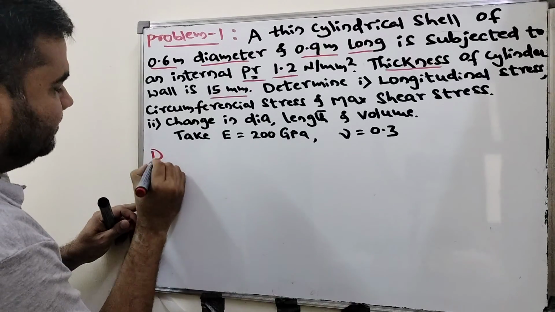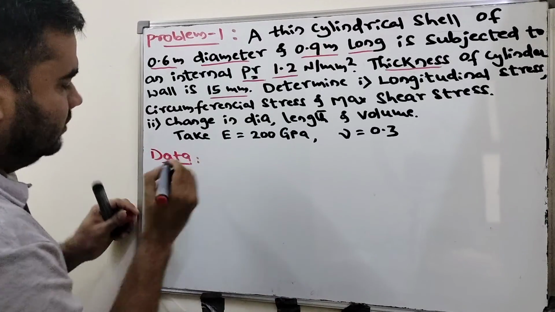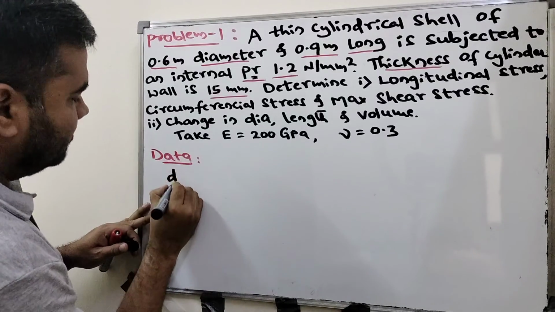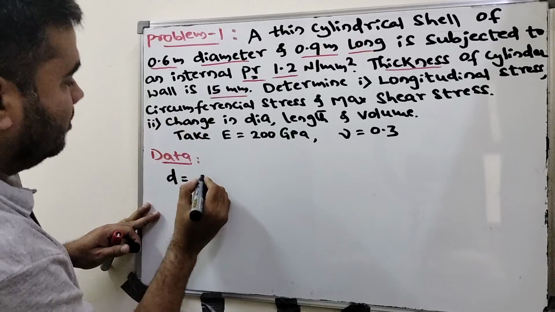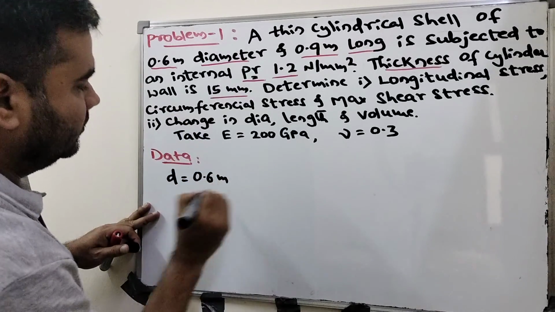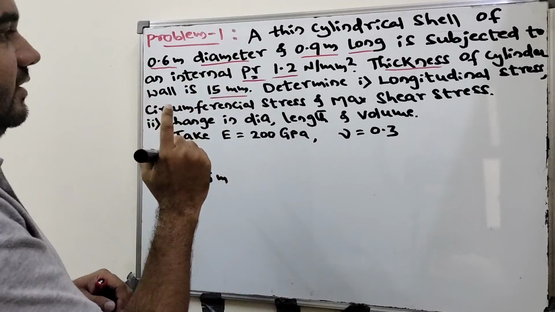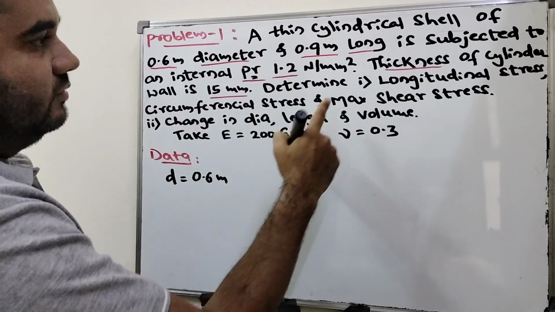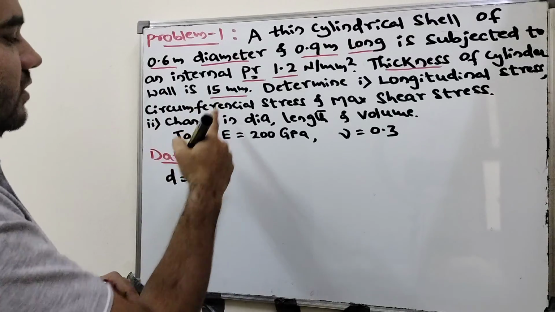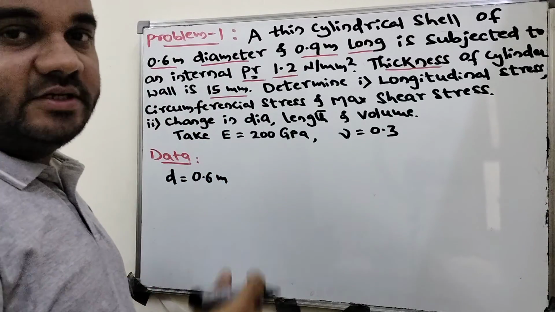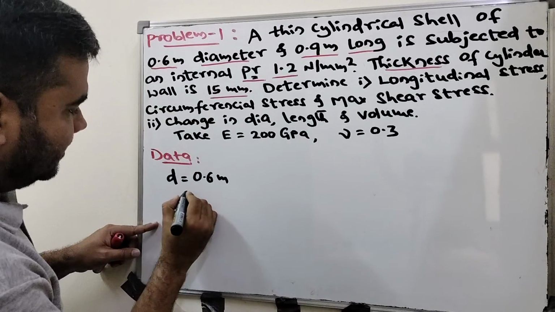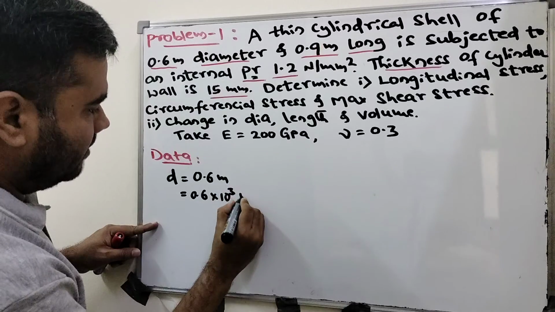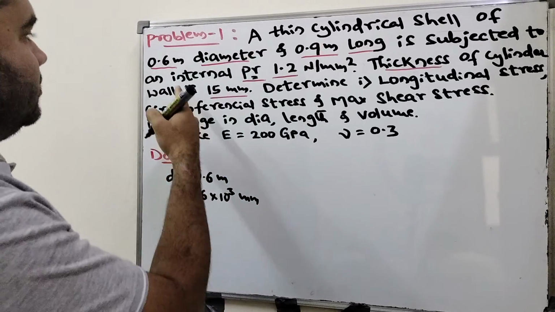What data is given here? Inner diameter. What is the notation? Normally we will take it as small d, even capital D we can take it. d is 0.6 meter. Convert all these to one unit, because here the pressure unit is given in Newton per mm square, and wall thickness is given in mm. So we'll take all data in mm only. So d equals 0.6 into 10 raised to 3 mm. So the internal diameter is